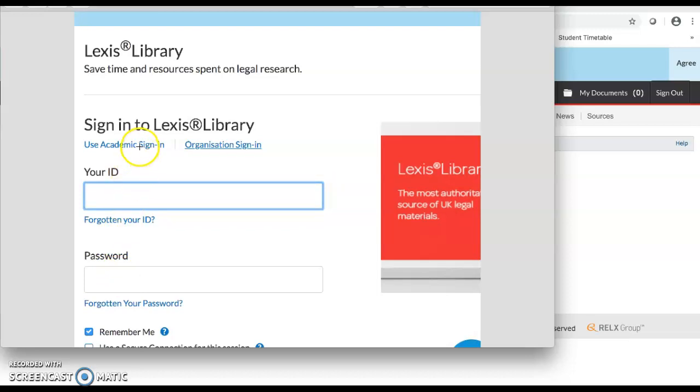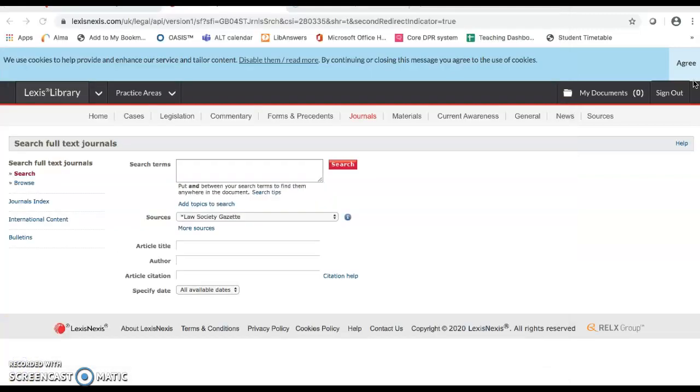You need to look for Use Academic Sign-In, and you'll find the login page with the picture of the hub on it. Click on Use Academic Sign-In, just log in the normal way. Once logged in, you'll be taken through to the Law Society Gazette on Lexis Library.